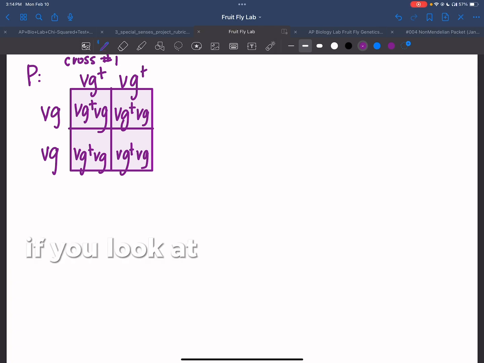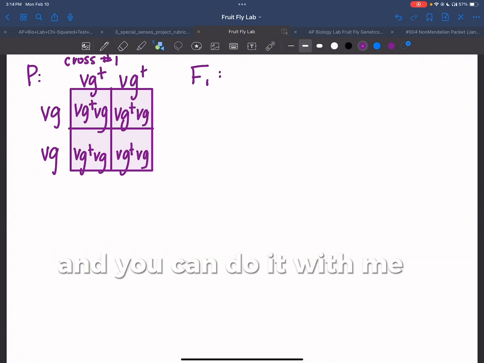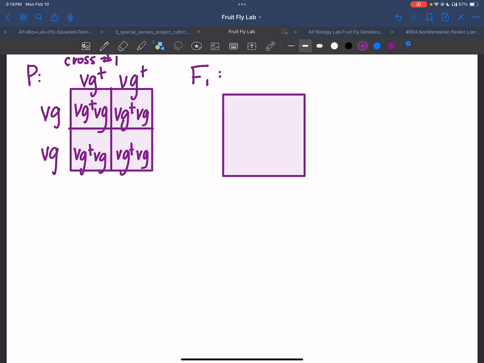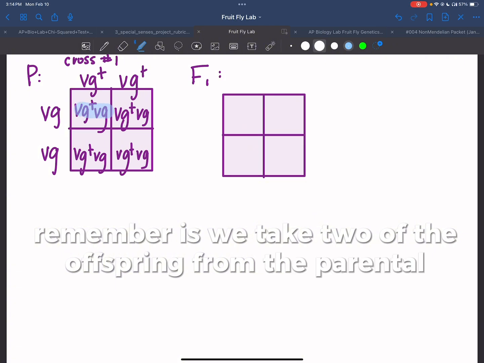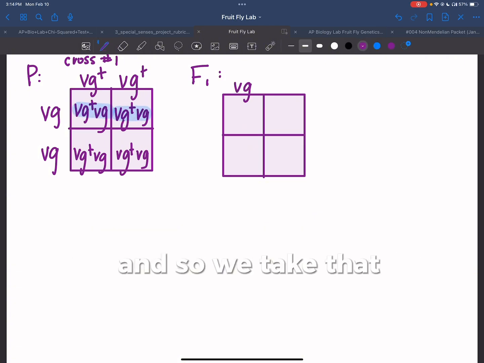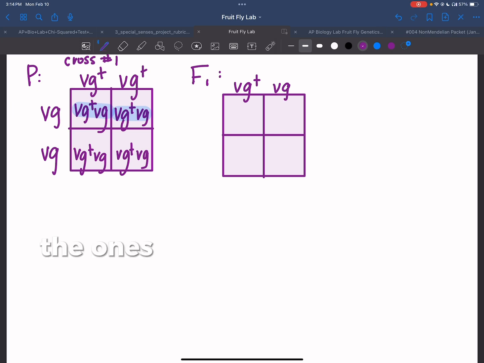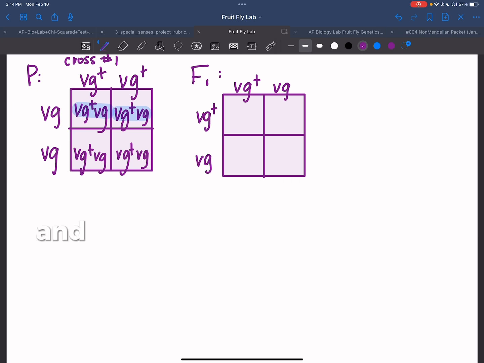If you look at the paper, we're also going to do an F1. So I'm going to go ahead and do that Punnett square right here, and you can do it with me. F1, remember, is we take two of the offspring from the parental generation and we cross them together. And so we take the ones that are heterozygous, VG plus and a VG, and we do a Punnett square with them to figure out